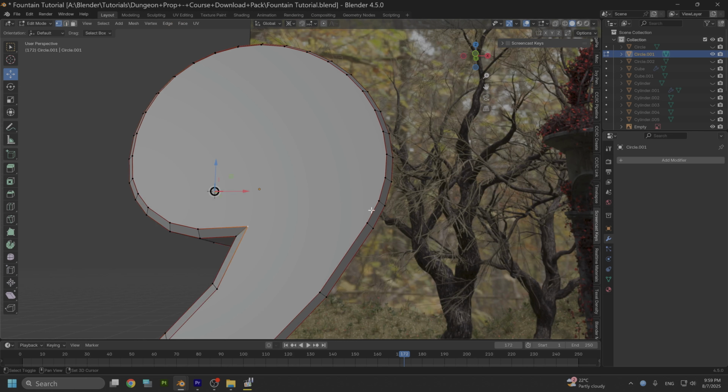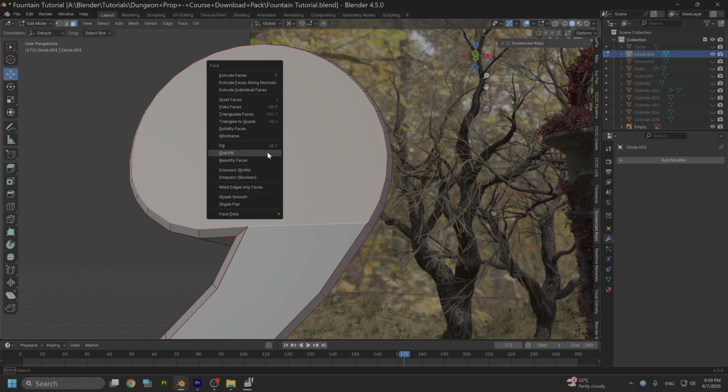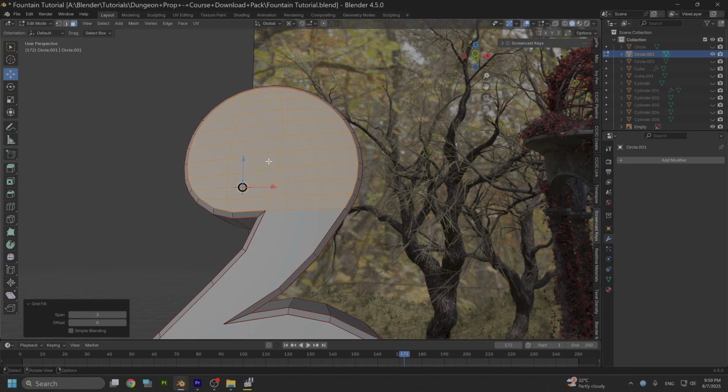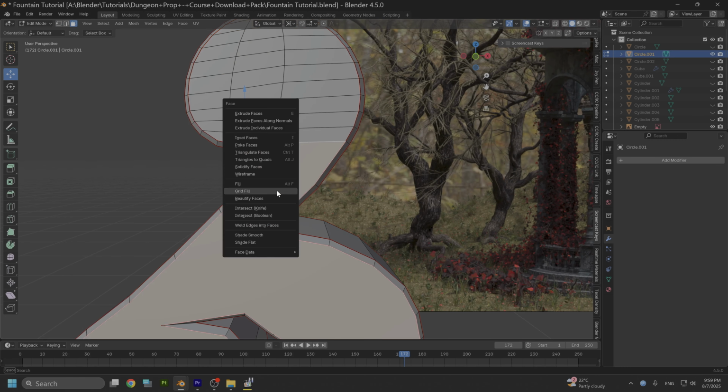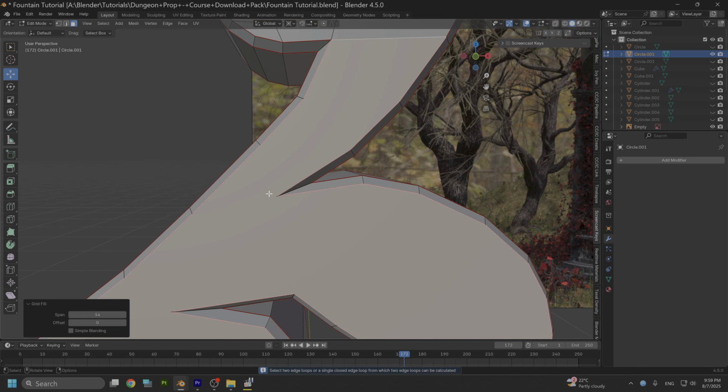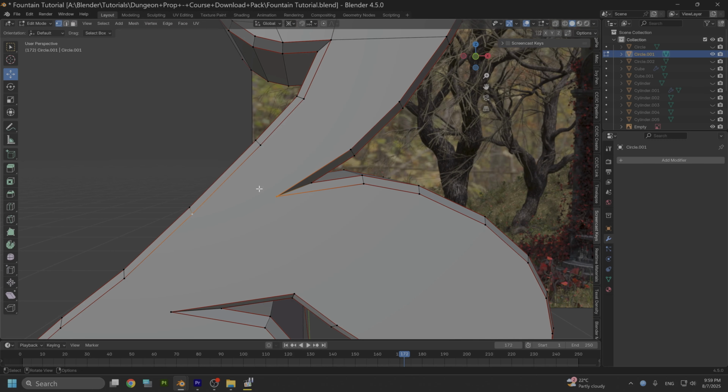Switch to vertex mode and select these vertices and press J to join them. And now select this face and grid fill. And again select these two vertices, join,